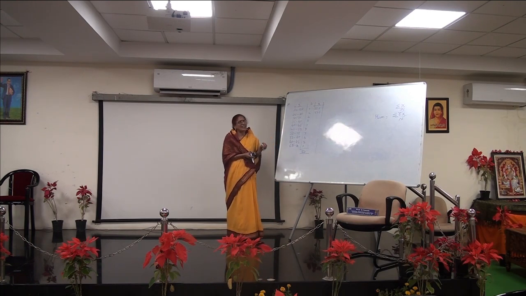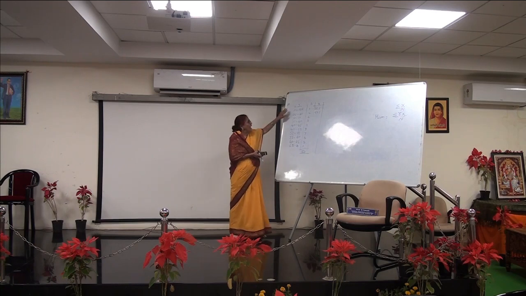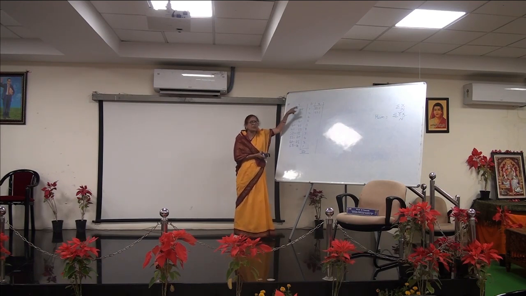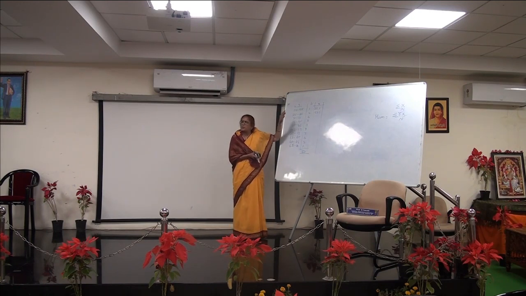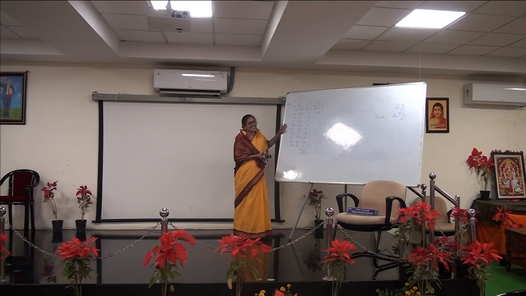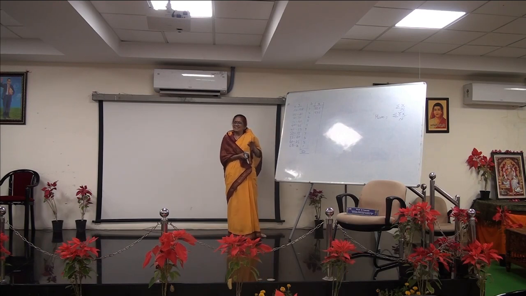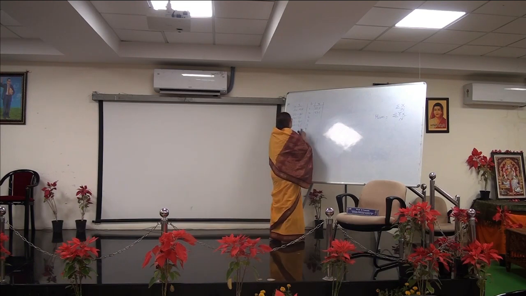They give the formula in another way. Lower limit plus the average of the difference between the 2 limits. What is the difference between the 2 limits? 5. If you take the average, it is 2.5. So it is 22.5. But simply we can say it is the average of the lower and upper limits. 32.5, 37.5, 42.5.